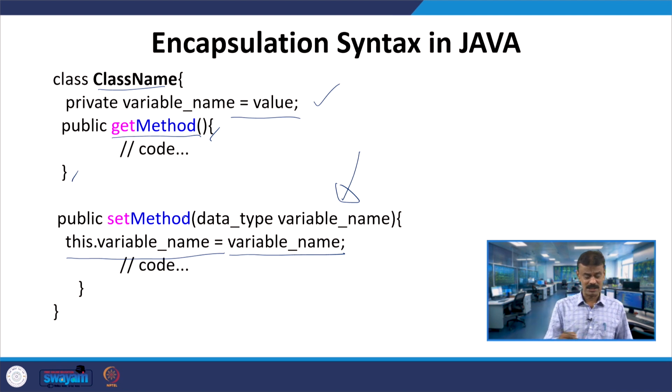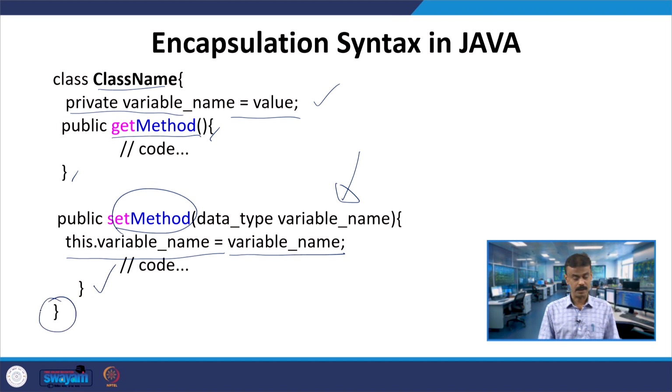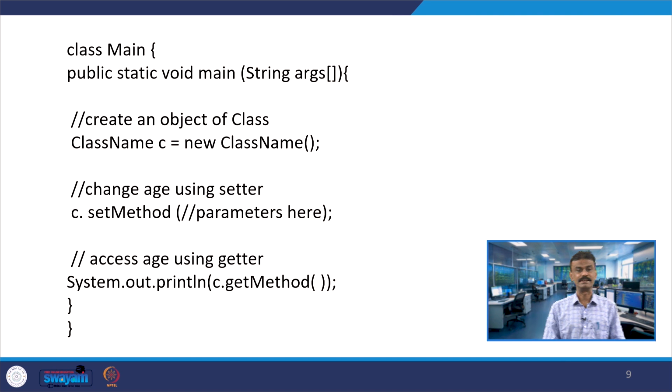These are all the member functions, and they can access variable name. Because of the private member data, this set method can access it, and variable name is assigned to this dot variable name. This is your set method, and your complete class is over here. This is the exact syntax. I use the get method and set method, the getter and setter functions. Whenever we talk about encapsulation, you have getter and setter methods, or getter and setter member functions in C++. We will see one example.